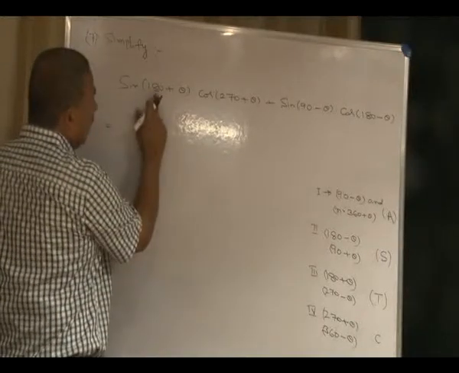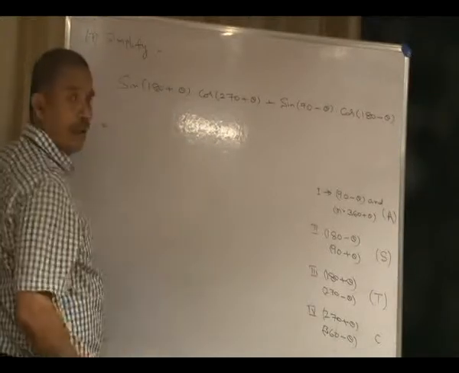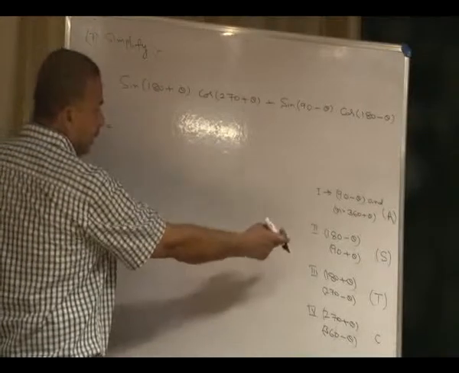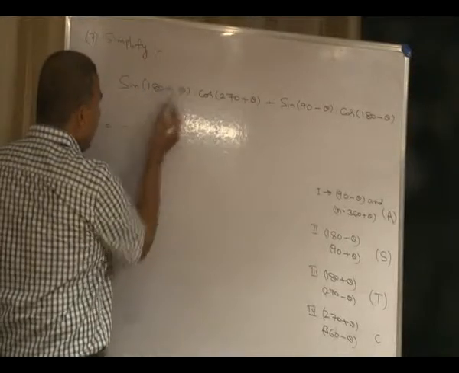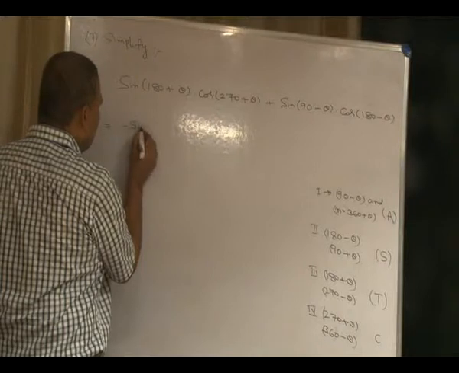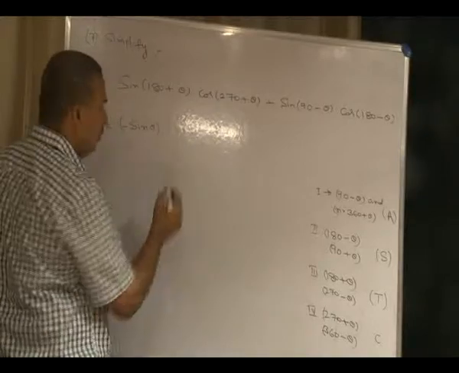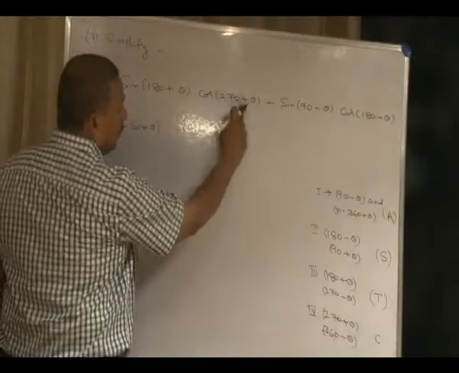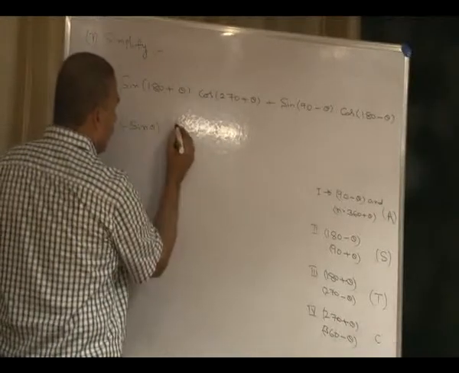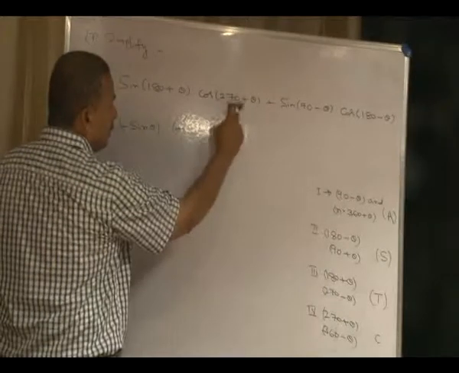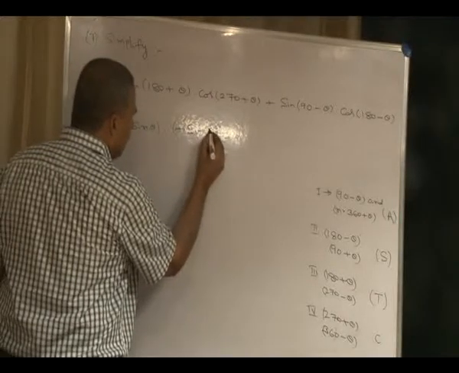In the given problem, the angle 180 plus theta comes under the third quadrant. In the third quadrant, tan and cot are positive, so sin is negative. In 180 plus theta the same ratio, that means minus sin theta. Sin of 180 plus theta is minus sin theta. Next, 270 plus theta comes under fourth. In the fourth quadrant cos is positive. In the ratio 270 plus theta, the cos function changes to sin, that is sin theta,